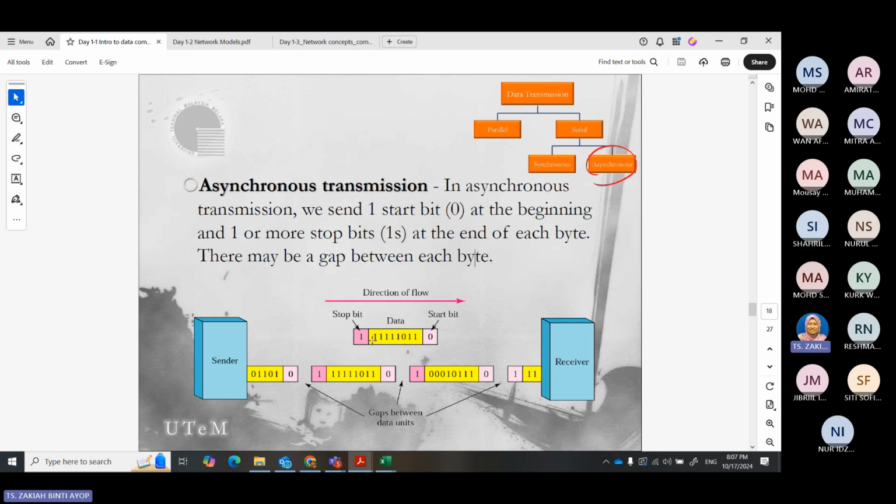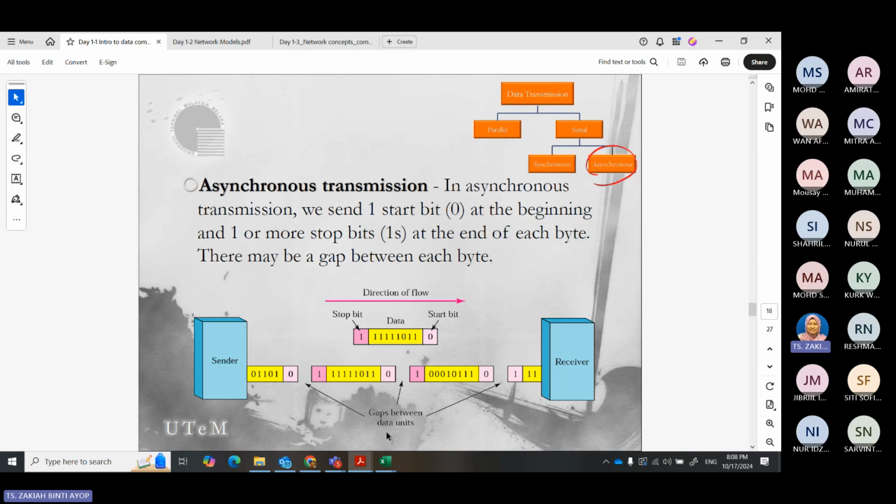Then you tell the receiver this is the stop bit of this message, so you send one bit or maybe more than one. And then there's a gap. After that, you send another batch of bits, so we start again with 0, data, and the stop bit. This is what we call asynchronous.